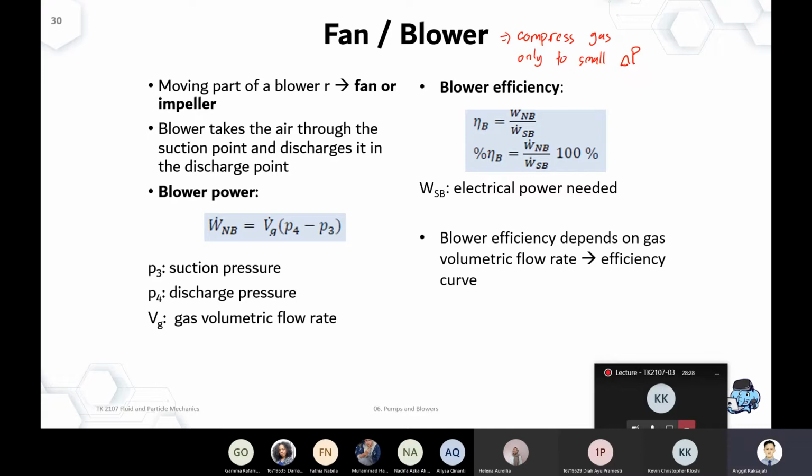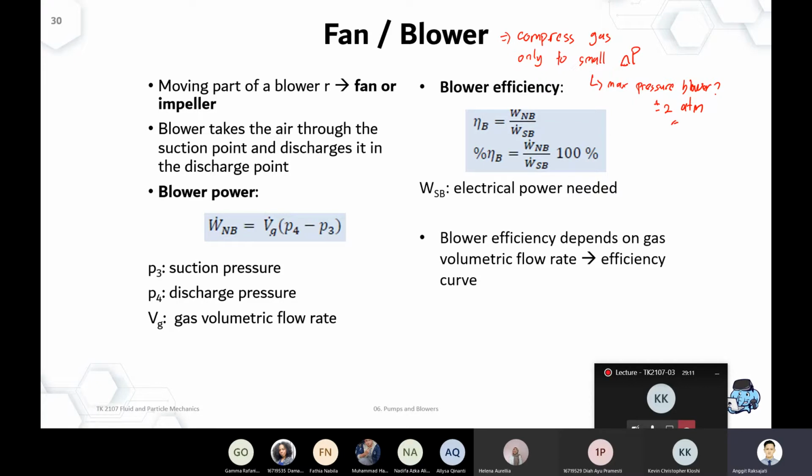So you can check the reference or even Google it. What would be the maximum pressure of the blower? Okay, find what's the maximum pressure of a blower. The number would vary, but not very significantly. Probably it's gonna be in the range of about 2 ATM. Okay, some vendor would claim it's gonna be 1.8 ATM. Some other vendor will claim 2 ATM. Different vendors will provide different numbers, but more or less the highest possible pressure of the blower will be at about 2 ATM.